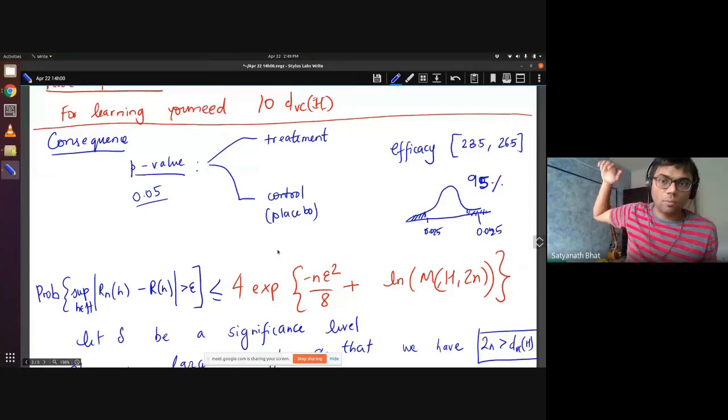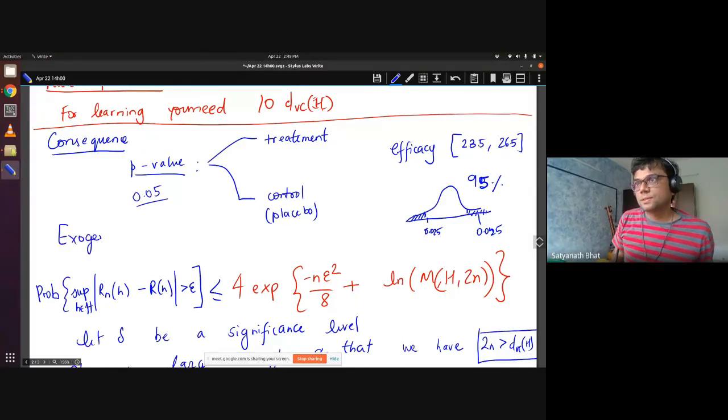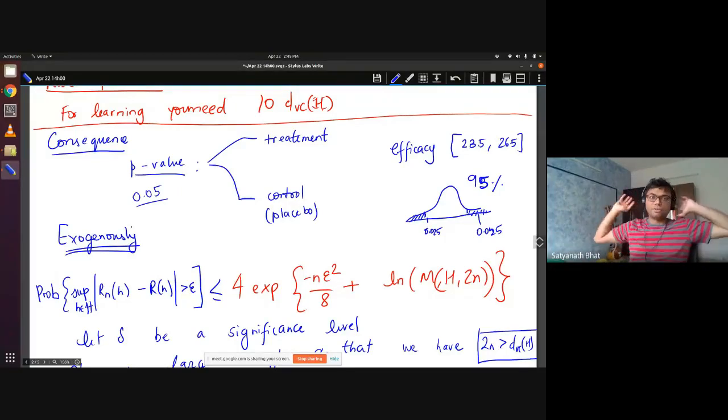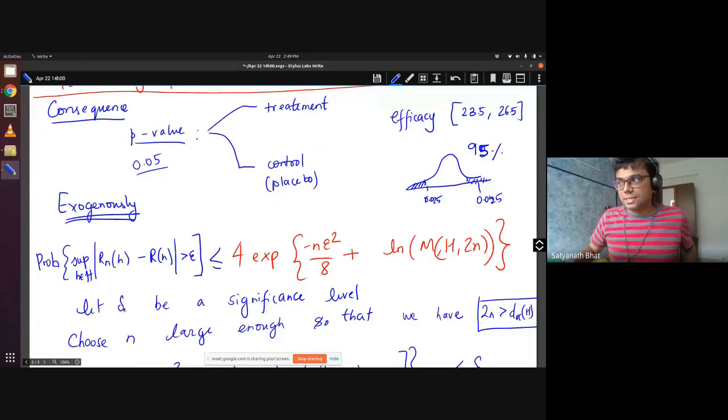So now, see, one thing is that delta is something that is given to us exogenously. What that means is that it is typically decided by the literature, the scientific community. So delta is a choice that you need to make. That is not really important here. Suppose that delta is a significance level that you have chosen. For instance, people typically use 5% significance or a 0.05 p-value. So suppose there is a delta, which is your acceptable delta. Suppose somebody gives you delta.